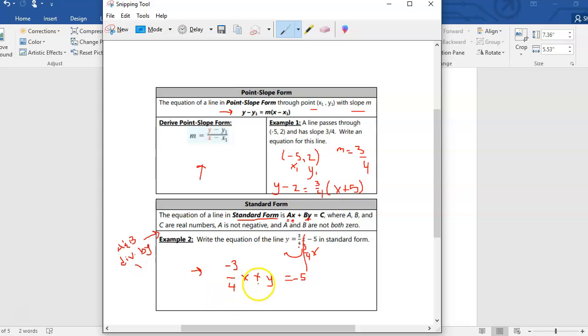All right. So with that being said, that means that I need to get rid of this 4 here in the denominator, and I need to get rid of the negative because we also need a to be positive, which means I'm going to multiply everything by -4. All right. Once I do that, the 4's cancel out up here, and I end up with a positive 3x. Okay. And then I would have a minus 4y